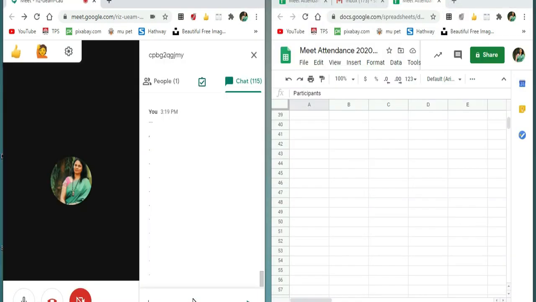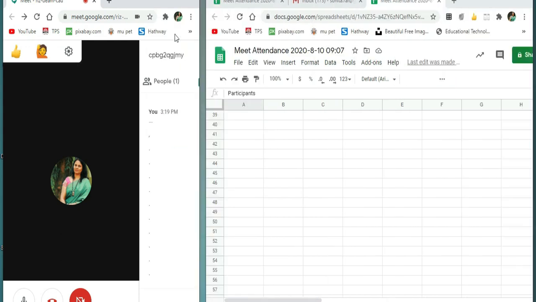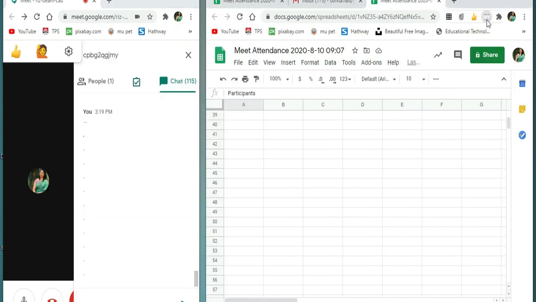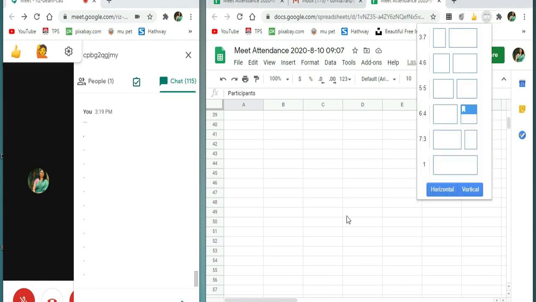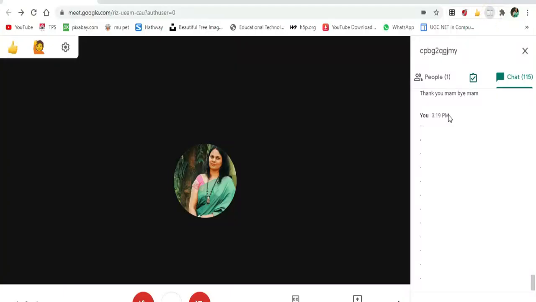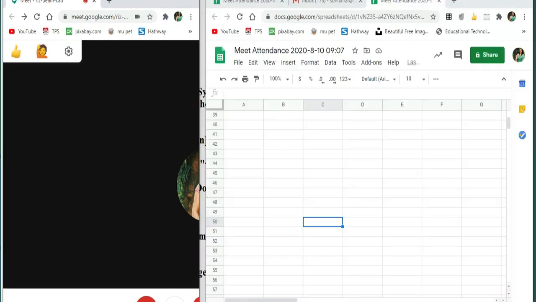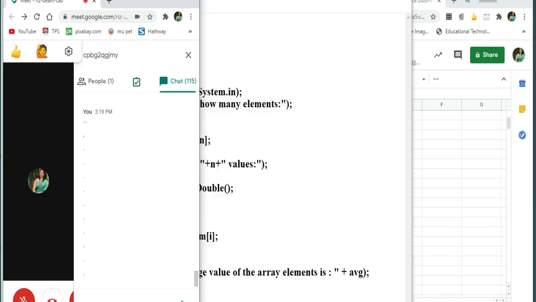Now, next I'm going to show you Dual List, how to use Dual List. So you can see now my screen has been divided into two parts. If you want to divide your screen into two parts, then you can go for the Google Dual List extension. Various options are available for dividing. You just need to click on the Dual List extension at the top of Chrome. Now I'm clicking on this Dual List option. You can see various options for splitting your screen. Select any option which is needed for your presentation.